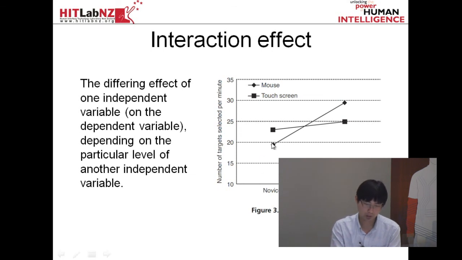So in this case, touch screen. So this is the number of targets selected per minute. So the higher the number is better. So touch screen performed better than the mouse when it's novice, but when it was experienced users, it reversed, right? And if you want to say this is a significant difference made between the novice user and experienced, again,